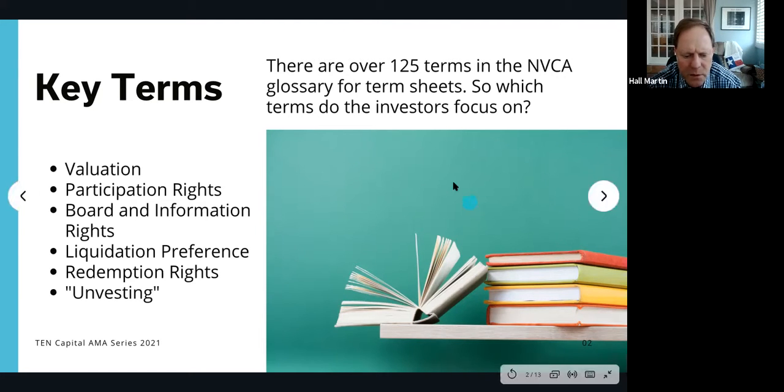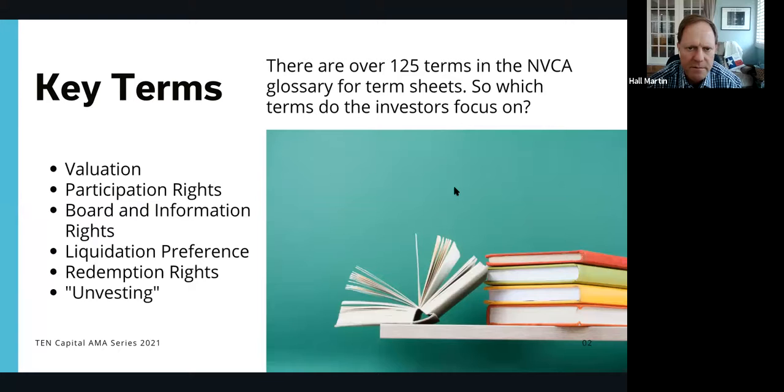And then the sixth one is unvesting founder shares. And this is something that many founders are not familiar with, but when you go through a venture capital fundraise or even an angel fundraise, what you'll find is that they often want the founder to unvest some portion of the shares and earn them back over the next 3-5 years. And the reason for that is if the founder leaves early, you don't want them taking all that equity with them. You want them to leave the equity behind that they did not yet earn to pay the follow-on